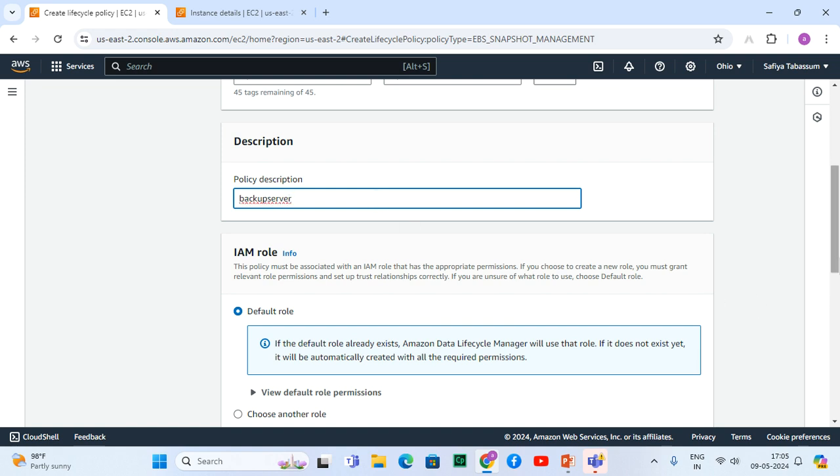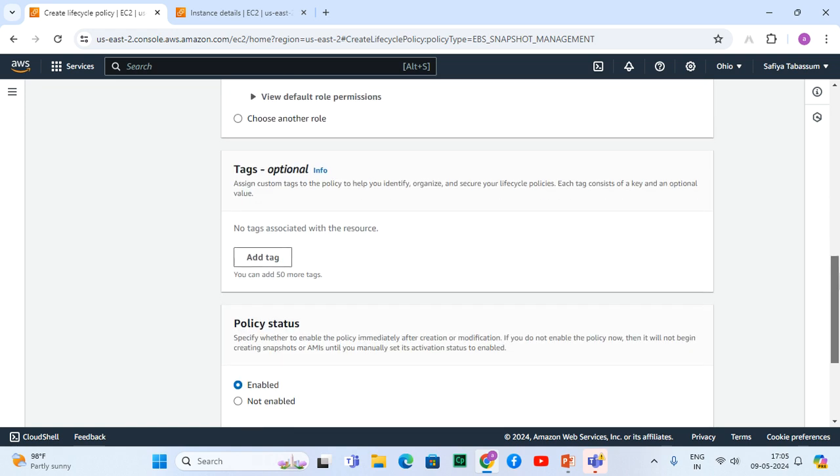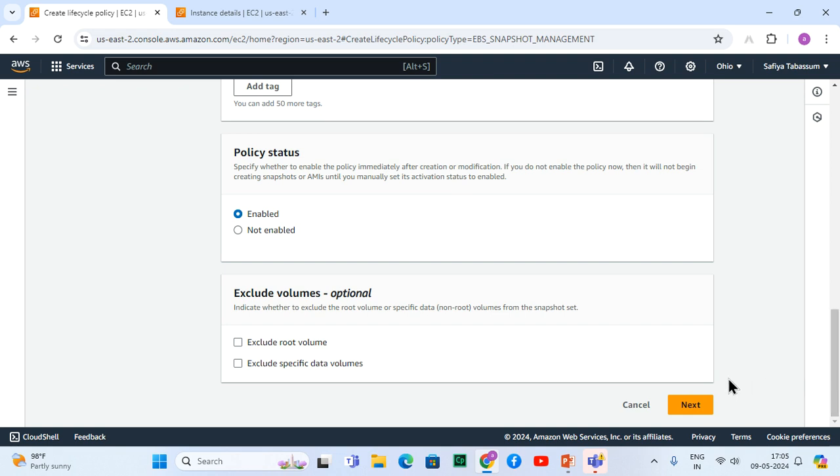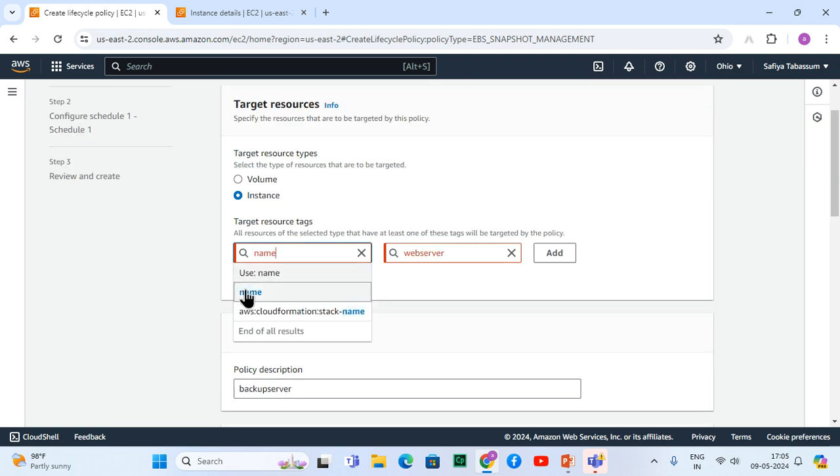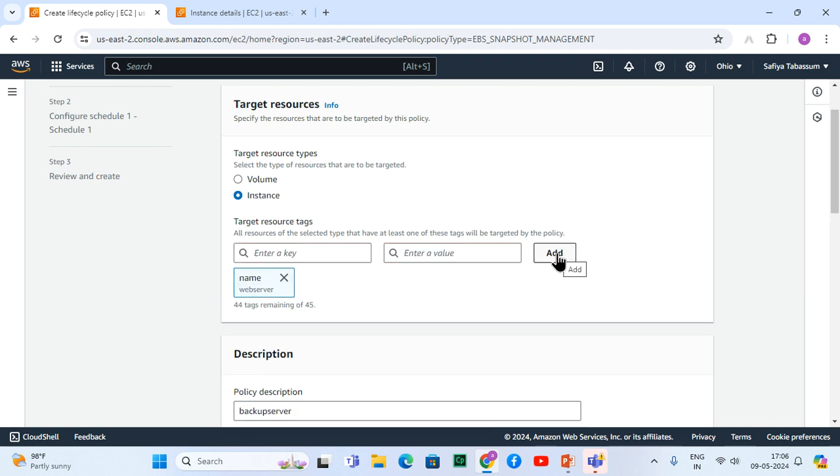So default one. Saying this is not a name. So what I do is add this. Once I add this,